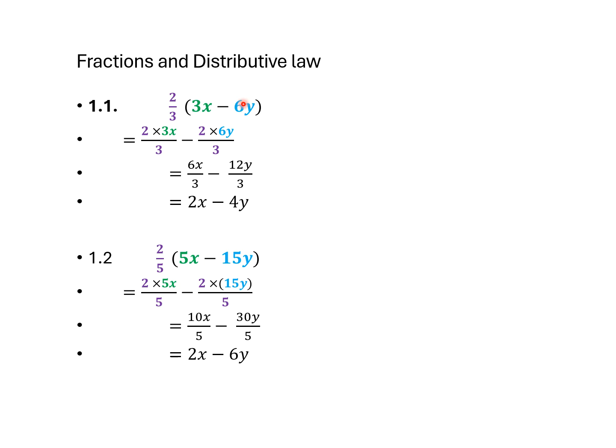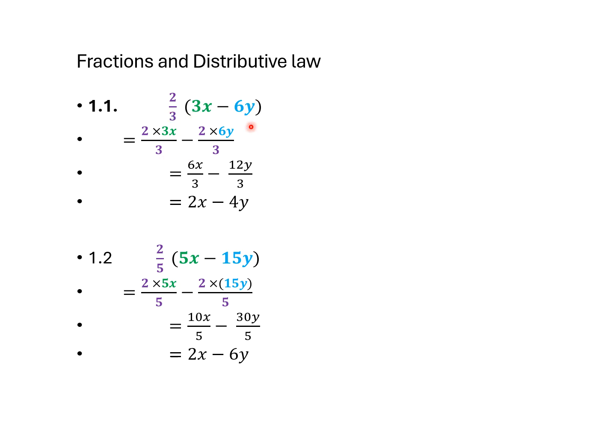Now, what's been happening for years, and when I've marked I've seen learners get this wrong, when they see a fraction multiplied by 3x, they automatically say 2 times 3x, and then they say 3 times 3x. In theory, we can only multiply in one place, and that is on top with the numerator, because this is 3x over 1. So 3x times 2, and then 3 times 1 stays 3.